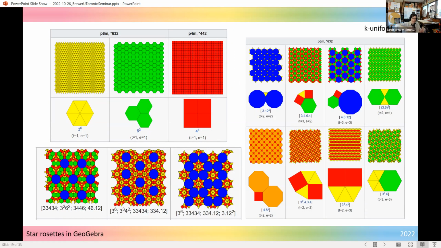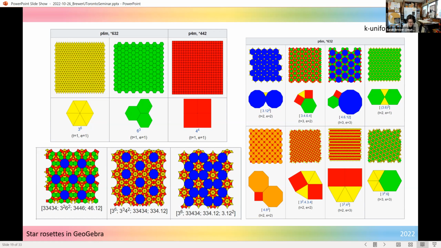That means in your tiling, you have K different vertex types. A vertex type being like, okay, at this vertex, I have 3 hexagons together. At this vertex, I've got 2 octagons and a square. But not just different polygons at that vertex, they're independent in how their adjacent polygons are arranged too, because you may have 2 different vertices that have the same arrangement of polygons around them, but because of the in-between stuff, they count as different. Anyway,